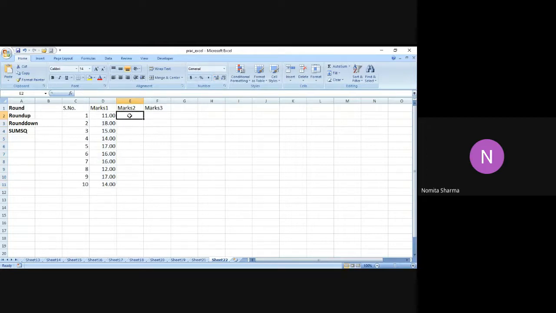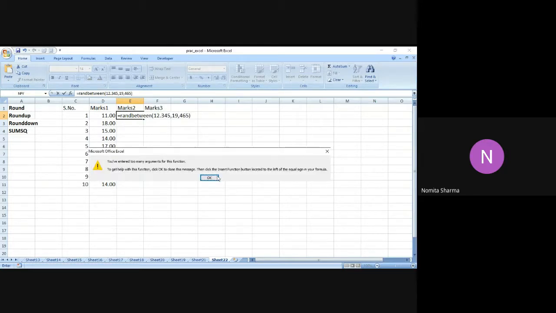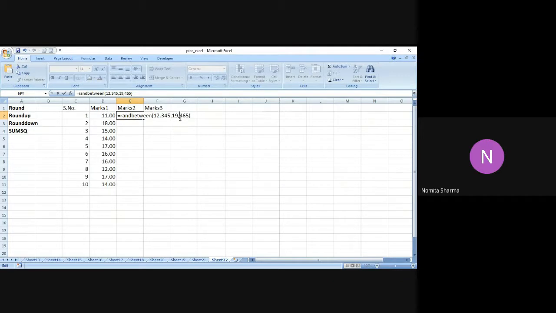In a similar manner, let me do it over here as well with RANDBETWEEN. There's a comma which I'm putting, so this should not be a comma but a decimal point.